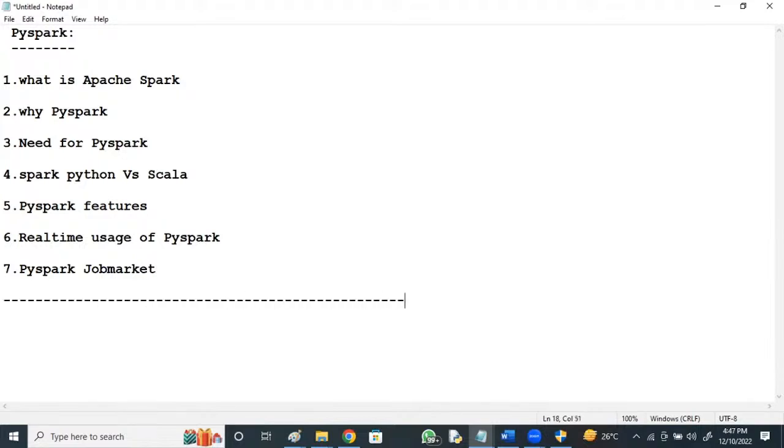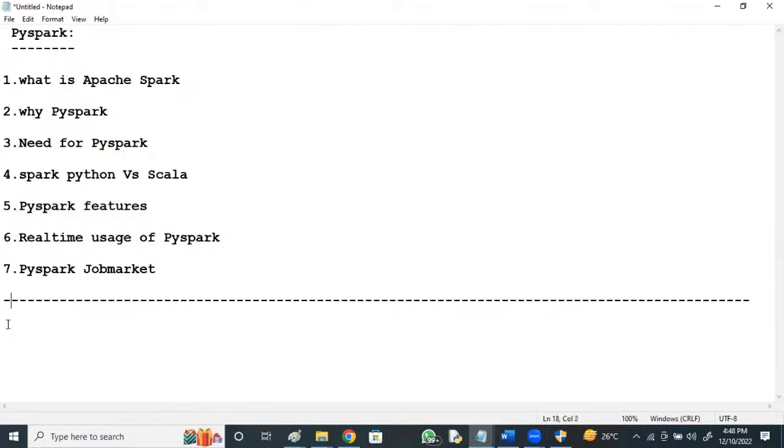Okay. So what is Apache Spark? Why PySpark? Need for PySpark, Spark Python versus Scala, and PySpark features, real-time usage of PySpark, and PySpark job market, right?